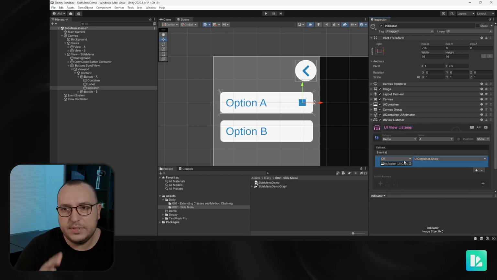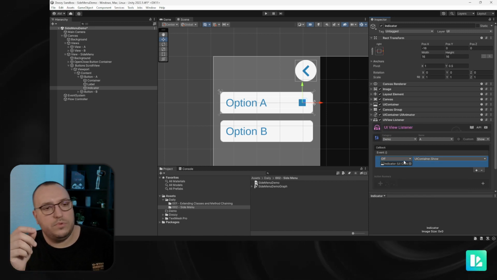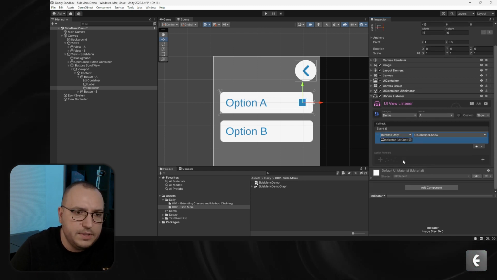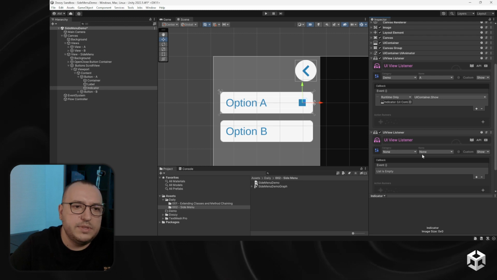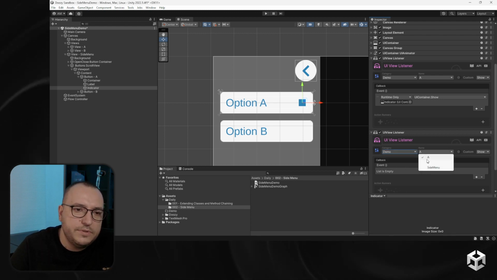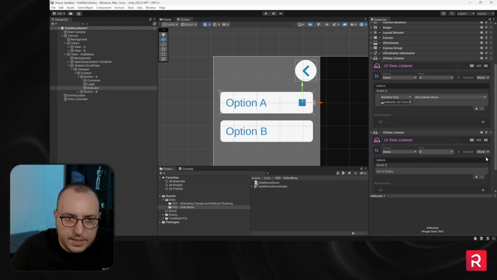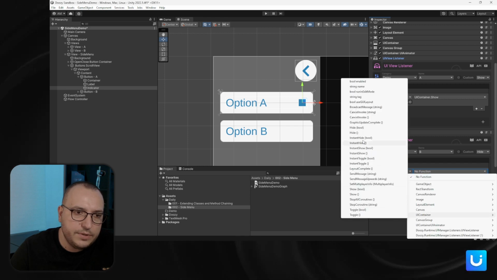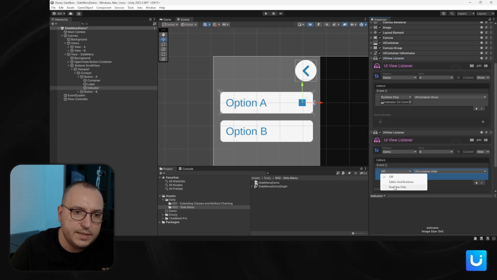Again, remember to set the event to runtime or editor and runtime, otherwise it won't work. And I need another UI view listener for when this view is hidden, and I'll say here hide. So when we call hide for this view,